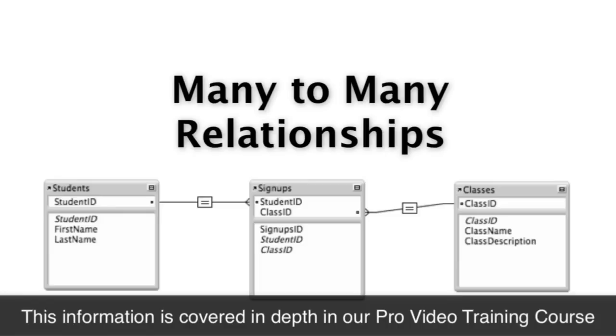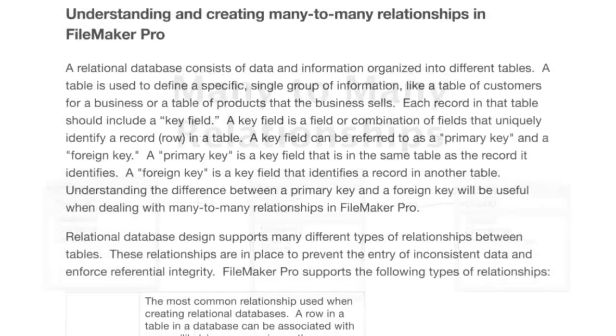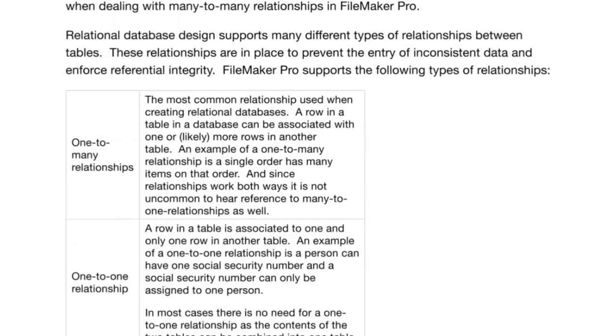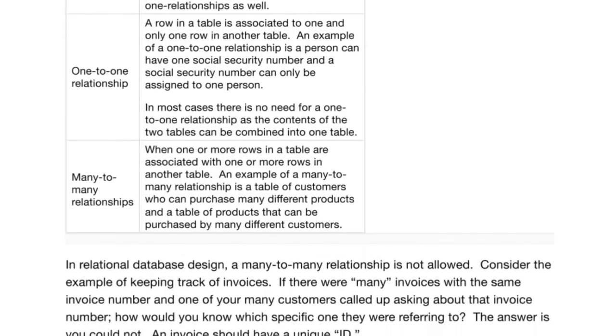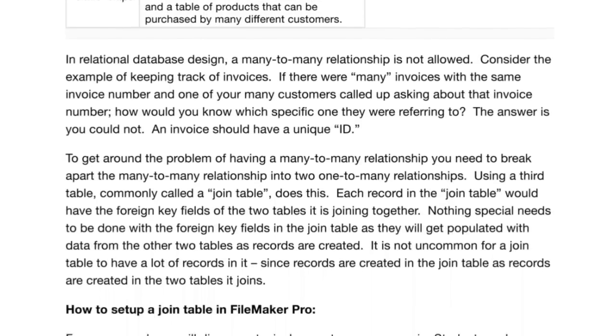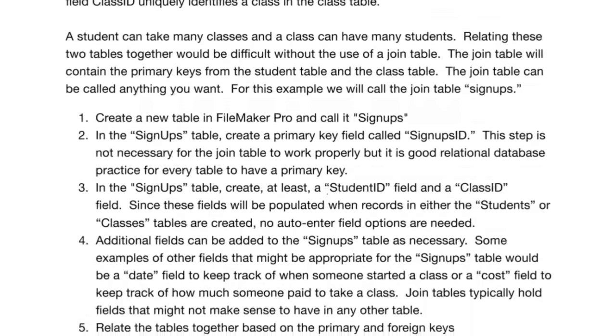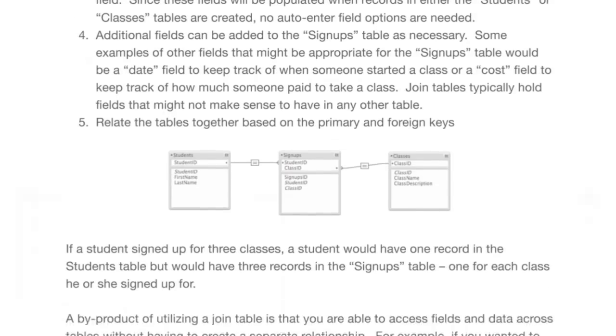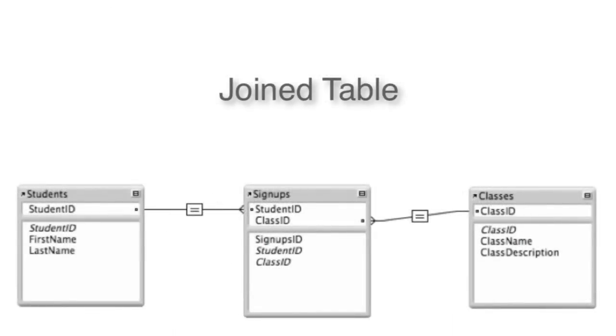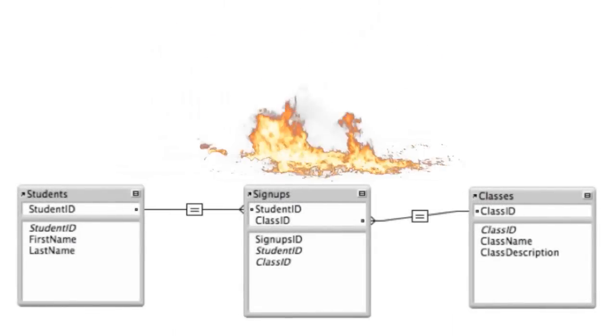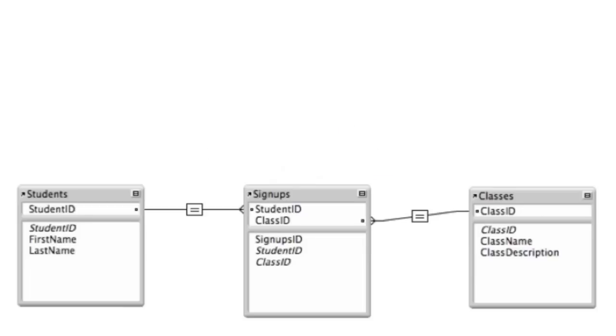In fact, I've watched training videos that other people have put together on this. I've read FileMaker's technical support document. And the problem is that everyone who tries to teach you about many-to-many relationships, well, they really make a mess of it. And they make it more complicated than it has to be. So the first word that they talk about is a join table. Well, let's explode that word and get rid of it for now,